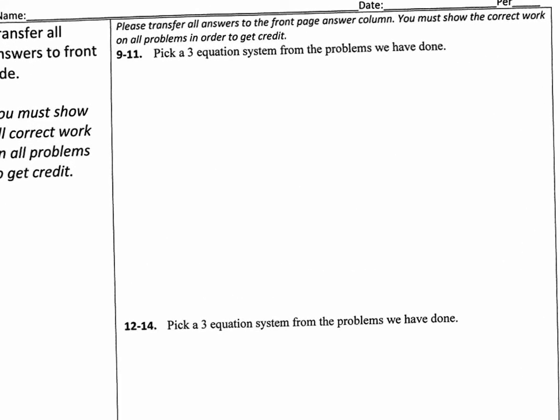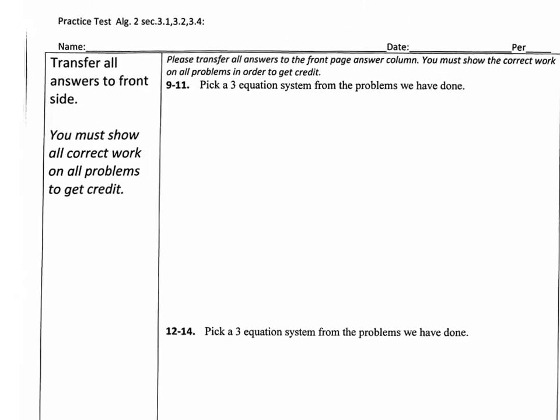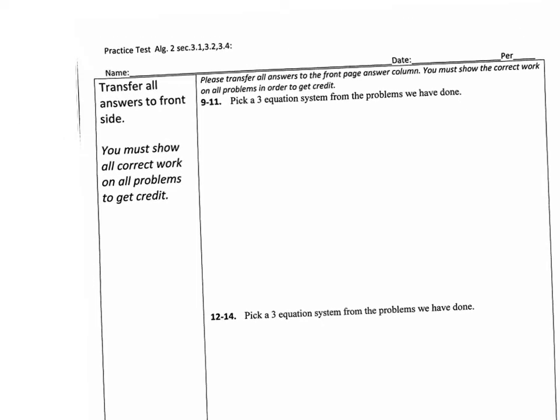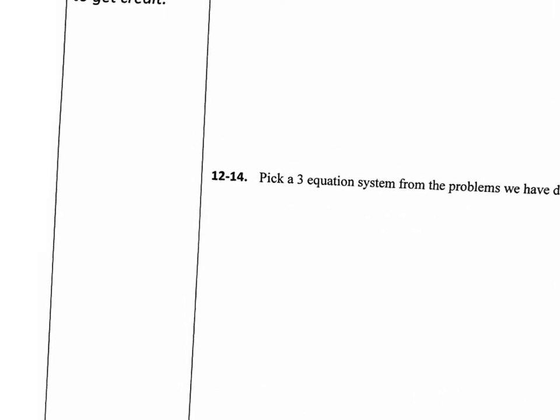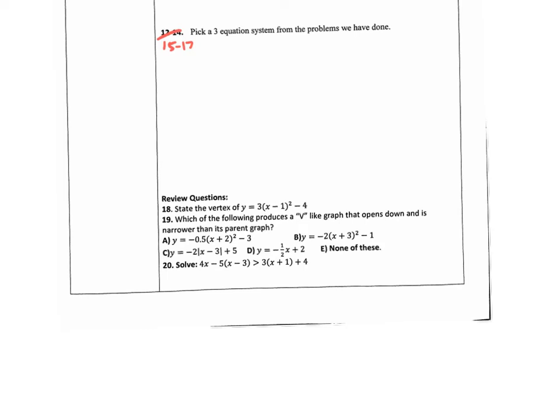Let's flip to the back side. On the back side, you have to pick another 2, so it's a total of 3. So right here and down here. Wait a minute, the numbers are messed up, right? What should be right here instead of 9 through 11? Yeah, change that to 12 to 14 and change this other one to 15 to 17. There are 3 points each because they take so long. And then once you get through those 3